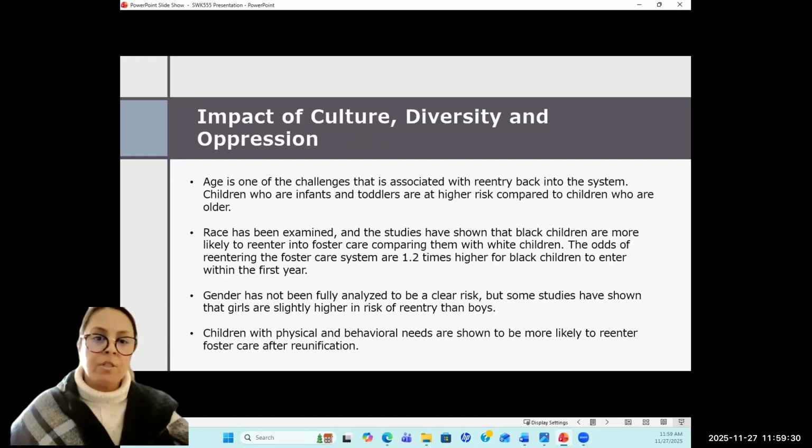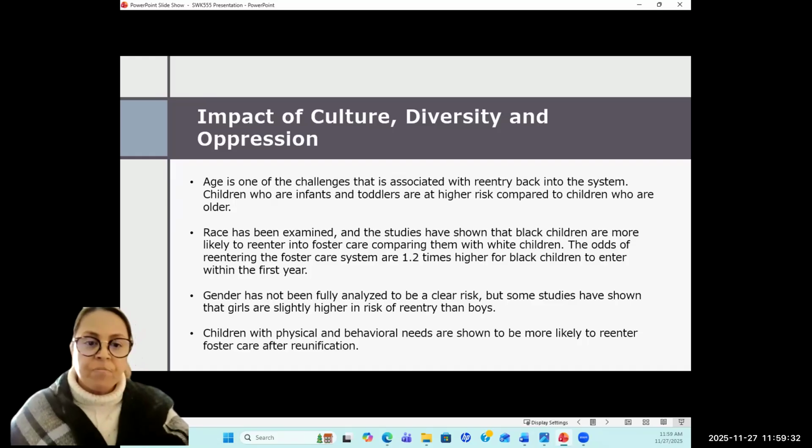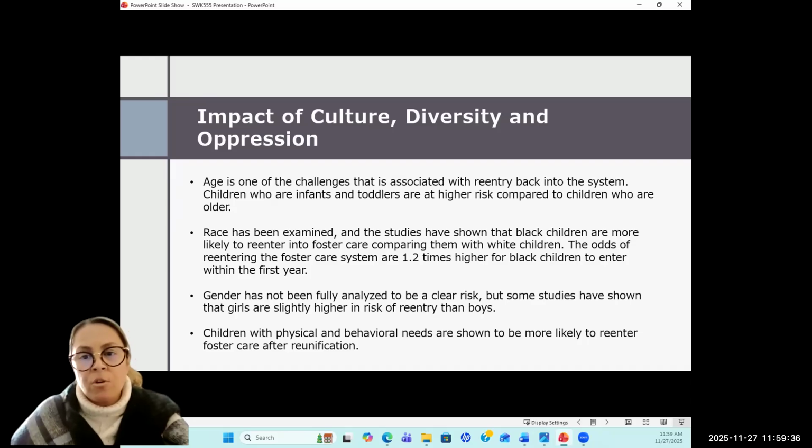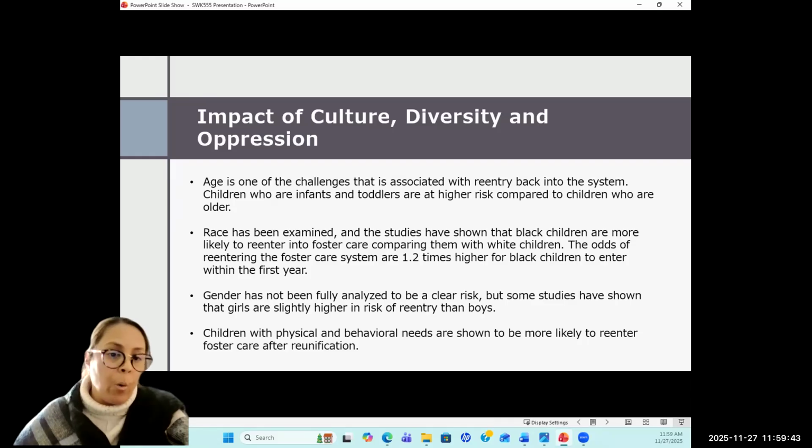The impacts of culture, diversity and oppression. Age is one of the challenges that is associated with the reentry back into the system. Children who are infants and toddlers are at a higher risk compared to children who are older. Race has been examined, and the studies have shown that Black children are more likely to re-enter into foster care, comparing them with white children.